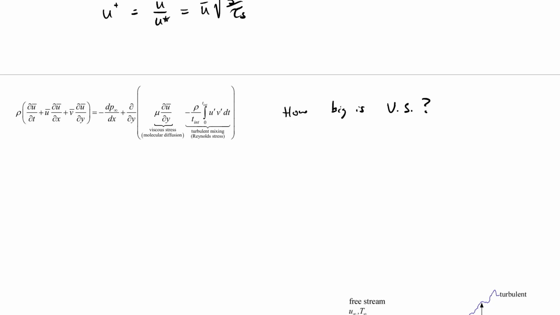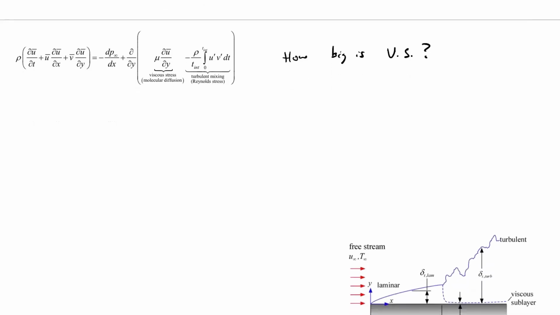That L characteristic VS, how big is that thing? So let's go through kind of the same thing here. We're going to look at our equation. Very close to the wall, we have our apparent shear stress equal to mu times d u bar dy minus rho over t int, integral from 0 to t int, u prime v prime dt. Now, if we're concerned with the viscous sublayer and not with the turbulent eddy size,